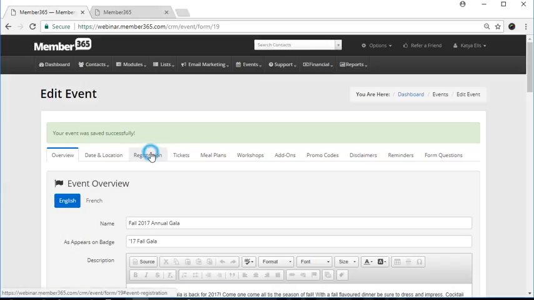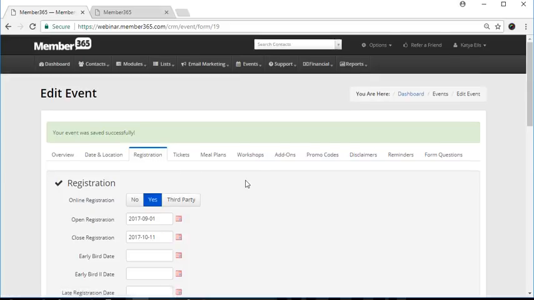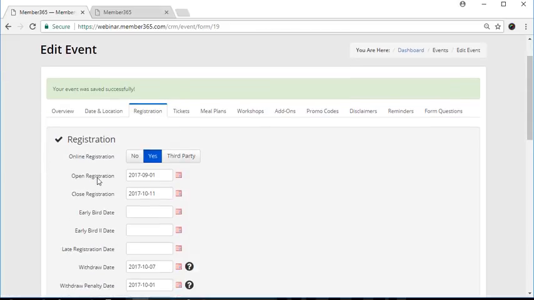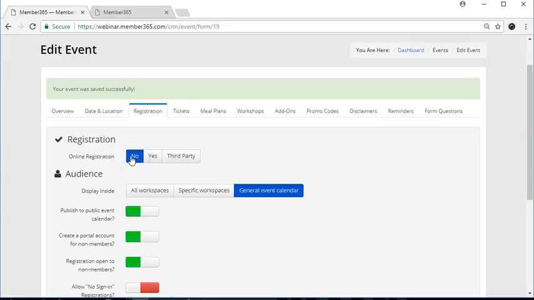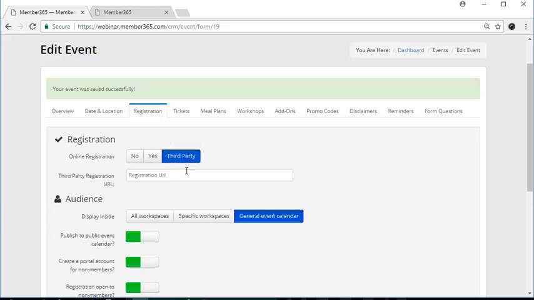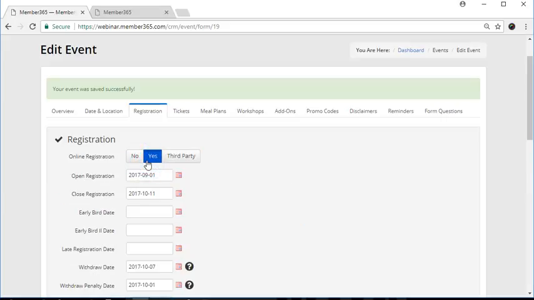Now moving on to registration. The first option is online registration. So you can say no, which means that they would register another way, not through Member 365. You can include a third-party URL if you use another event management software, and you can put in that URL here. Or you can say yes, which would allow you to have all the dates that you would need for